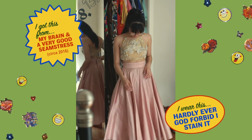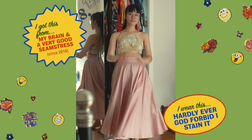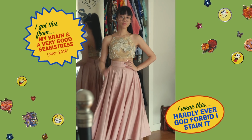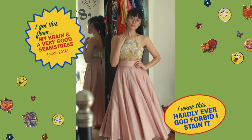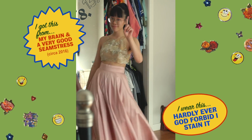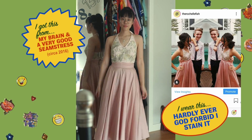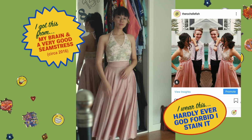The craftsmanship is beautiful, and the idea was to create something that lived up to the glamour and the importance and dress code of the night, which is like, you gotta look fancy. But with a two-piece, not only would I stand out a bit, but I'd also have gorgeous pieces that I could wear again and again. Now we ended up changing the design for the top, so it went from this gold halter with a V-cut back to this V-neck halter, I guess, that has more of a princessy ballerina look. And I think with these long ties on the night,